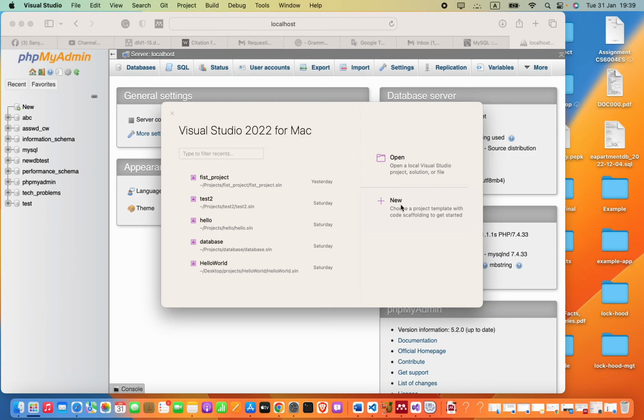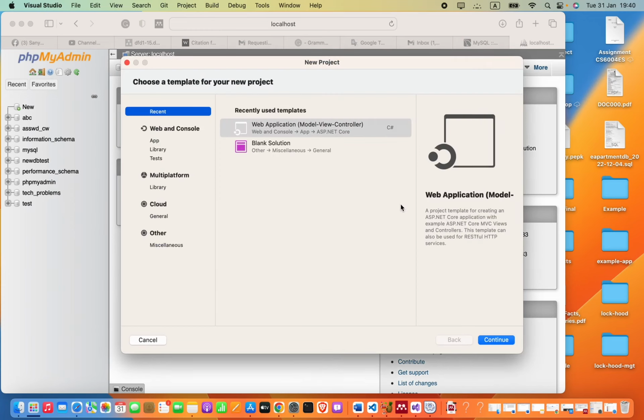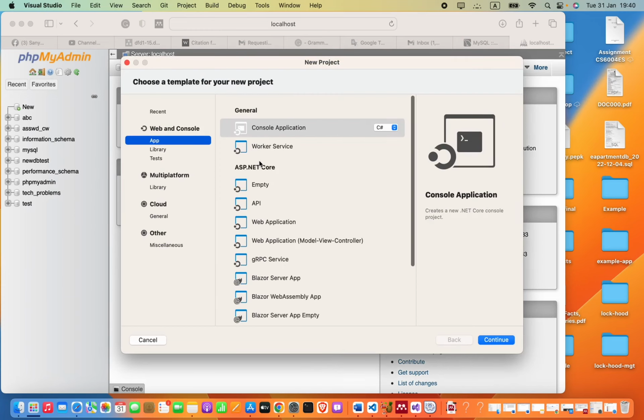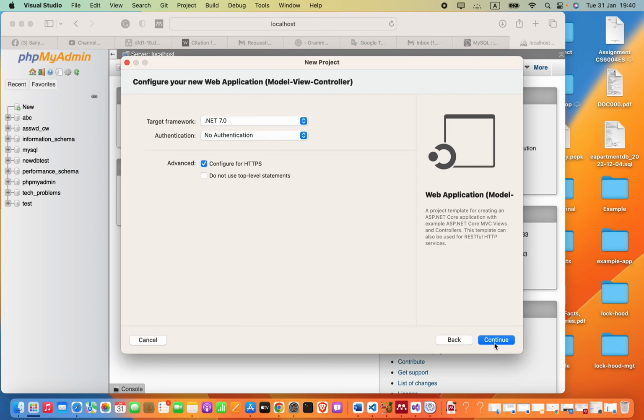So in the previous video we discussed how we can create our MVC architecture based ASP.NET Web Application. Now if you go to the app section, you will see this web application. Select C#, and this should be in Model View Controller. So press continue. I already discussed these in the previous video, so I can go ahead and select